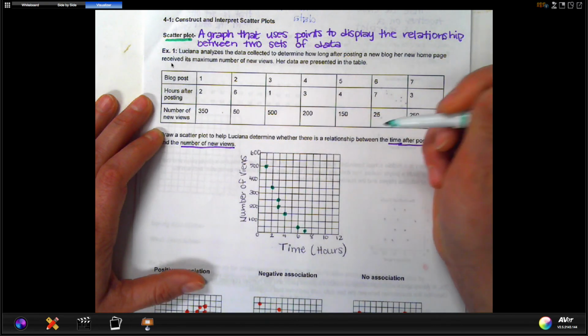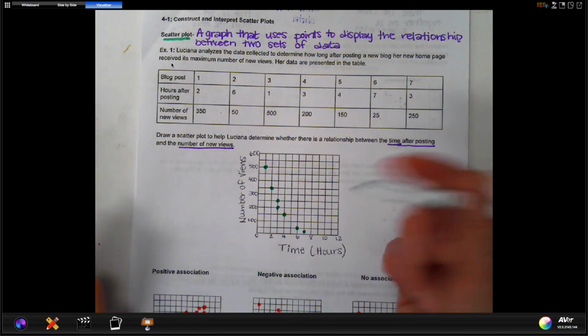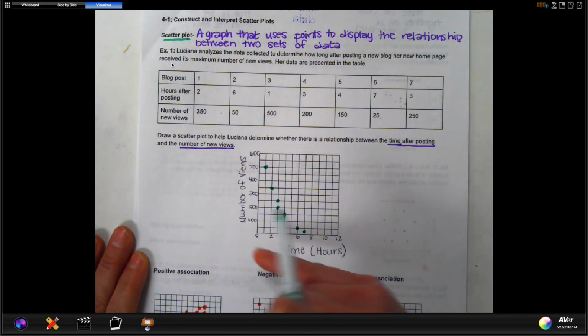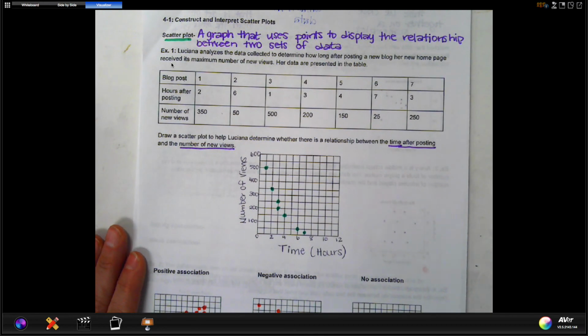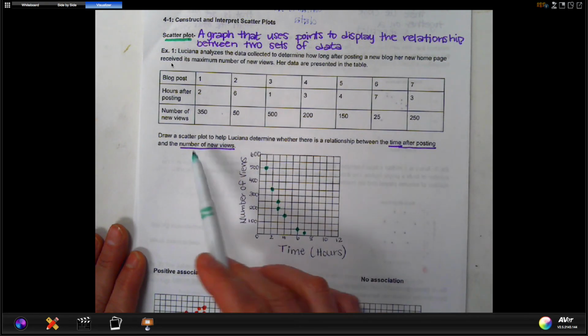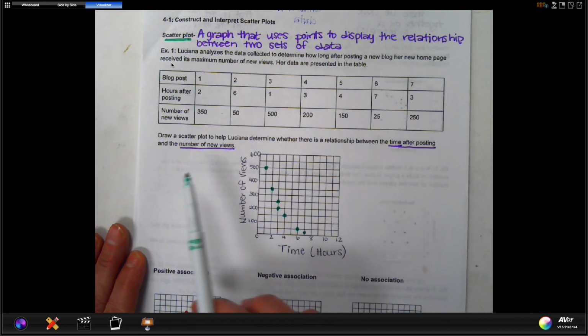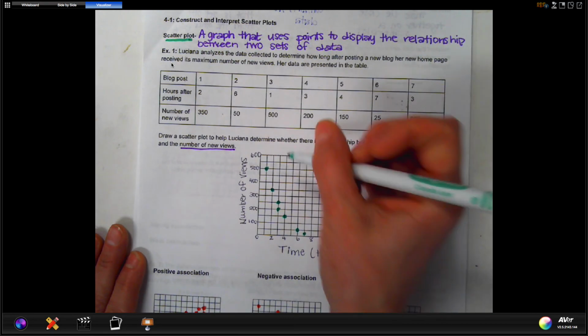Okay, so this is what a scatter plot of the data looks like. We have labeled our independent variable, our dependent variable, all our data. The only other thing that is missing would be a title. The title that we might want to use here talks about what you're looking at, so time after posting and number of views is what we're looking at. So we could say